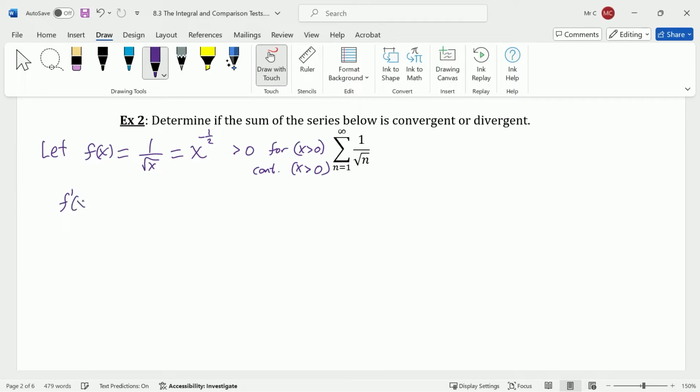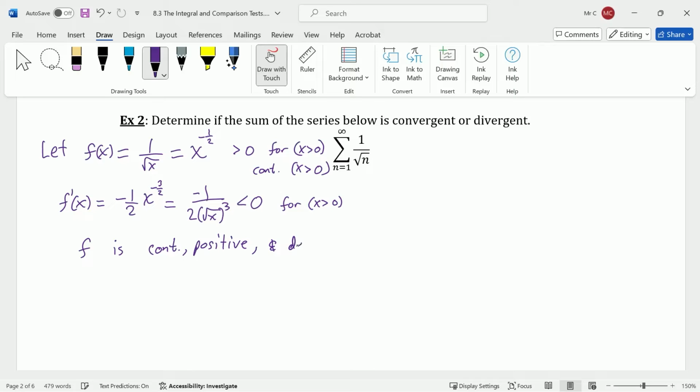And when I take the derivative, we get negative 1/2 x to the negative 3/2, which is negative 1 over 2 times the square root of x cubed. And that's negative for x greater than 0. And of course, again, what are we checking? We're checking that it's decreasing by checking that the derivative is negative. So f is continuous, positive, and decreasing